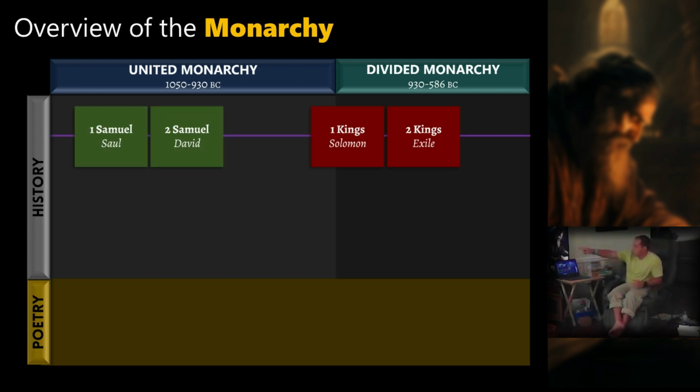And you start off with this one line of 1st and 2nd Samuel and 1st and 2nd Kings, right? 1st and 2nd Samuel tells primarily the story of David, but 1st Samuel can actually be viewed as telling 3 stories. It's basically the transition. 1 Samuel tells you how we got from the judges, the final judge Samuel, to the monarchy with Saul, to eventually the Davidic dynasty with David, right? That's 1 Samuel, and it basically talks about the decline of the period of the judges and the rise of